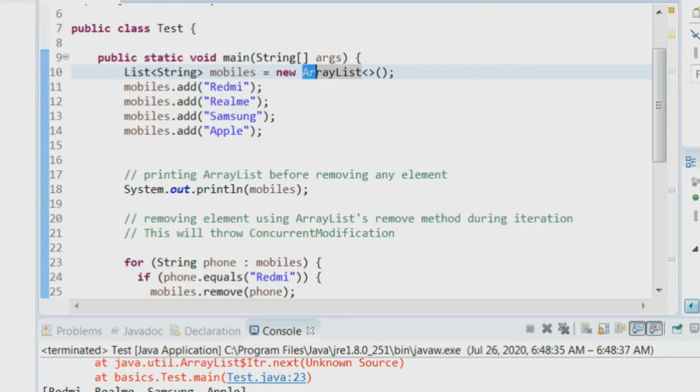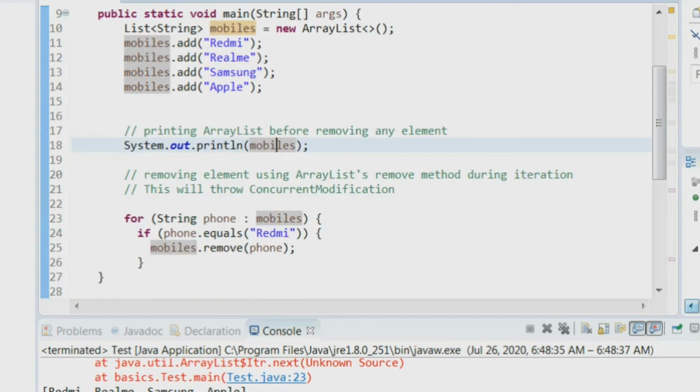After adding, I am printing the ArrayList before removing any element, using System.out.println and passing the reference mobiles. Then I remove an element using the ArrayList remove method, for which I have used a for each loop and then the mobiles dot remove method.